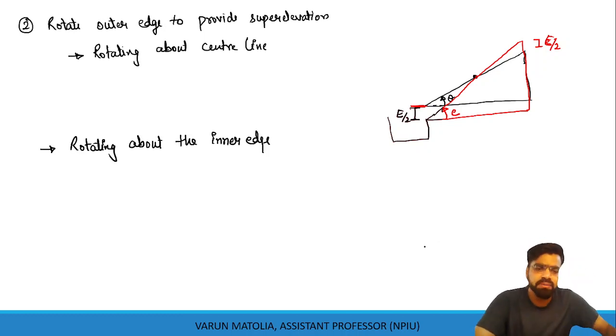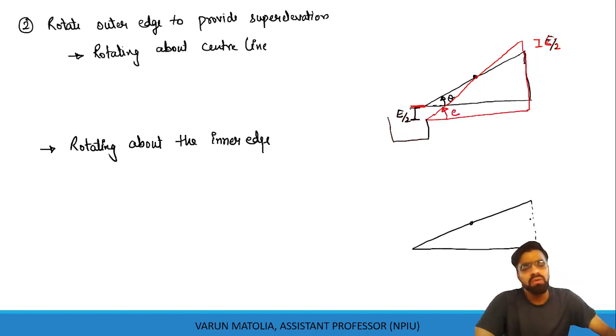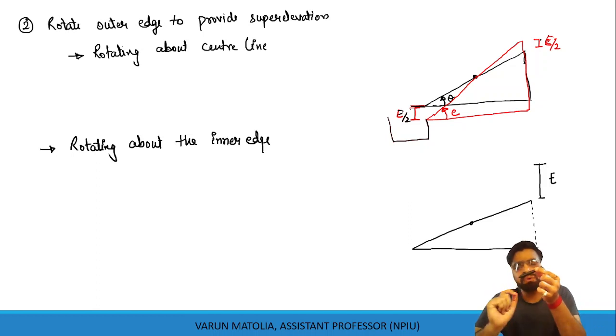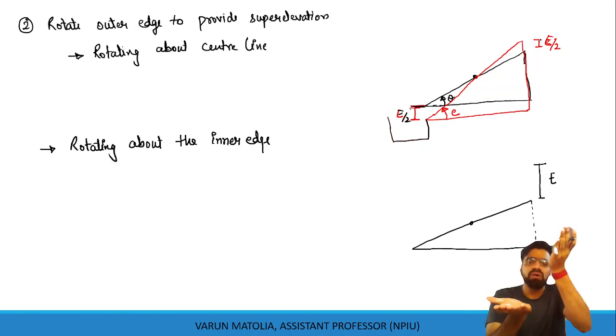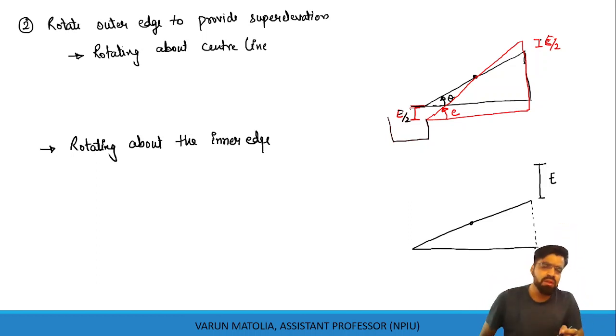Let's see how this is provided. If this is the ground, this is our initial position on the transition curve after the elimination of the crown, and we provide the total super elevation E here. This is E. Earlier we raised the outer edge by half, and because of the pivot at the center, the inner edge was depressed by half, so the required elevation was provided. In this case, the outer edge itself is raised completely.